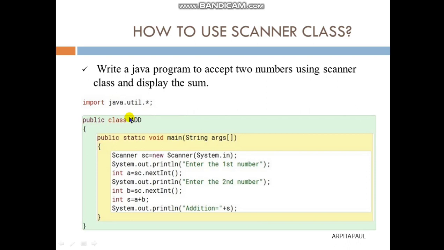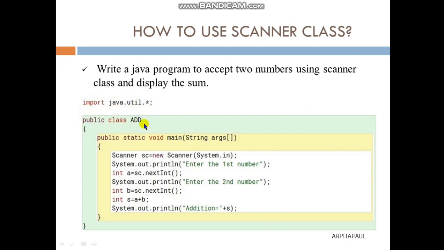Okay. Now see, the first line I have written is import java.util.*; So basically, this is the util package I am importing in the program. How to do it? Import is the keyword to do that. Okay, it is a predefined word. We will use the word import. Then java.util is the package and asterisk represents all classes of this util package, which includes scanner class also.